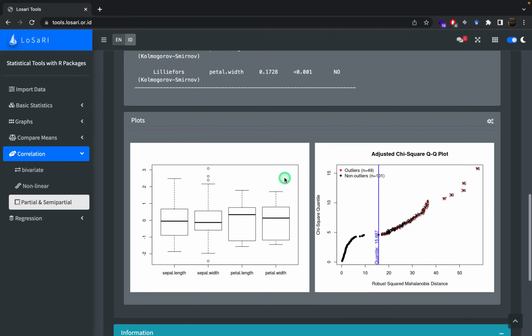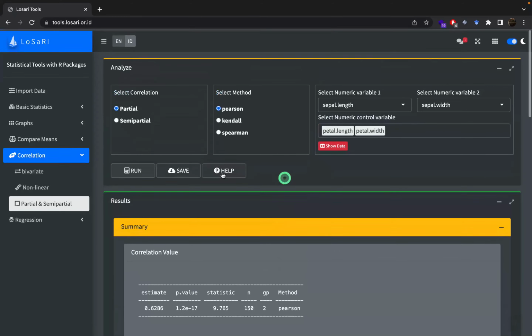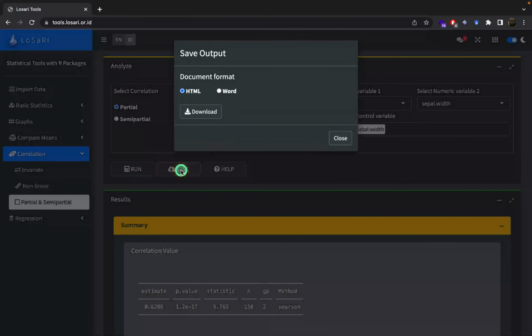To save the result of the data processing, please click Save. Then select the document format, HTML or Word. Then click Download. Then the file will be downloaded. After that, please click Close.